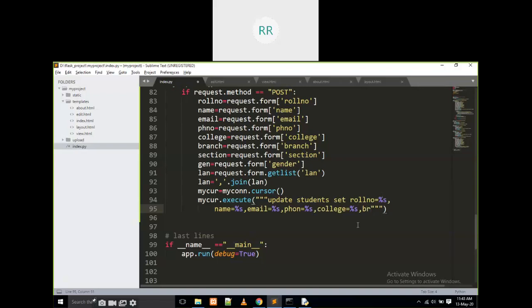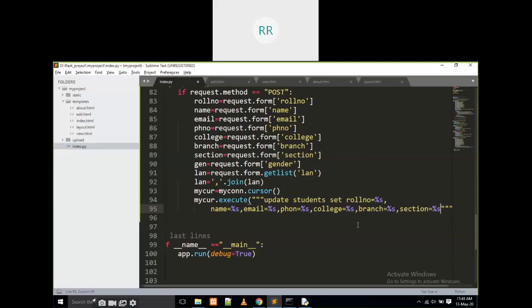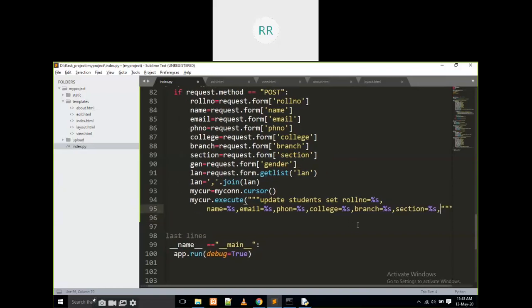Branch is equal to percentages, then section is equal to percentages, comma. We have to put comma. Then gender is equal to percentages, comma, languages is equal to percentages.